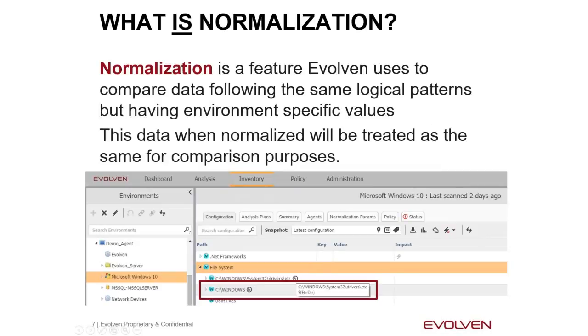Okay, so let's get into it. So what is normalization? Normalization is a feature that we use to compare data using the same patterns, but with environment-specific values. So think of the idea here. I've got on the bottom C Windows as a file system, and if you'll notice there's a little N in the configuration tree